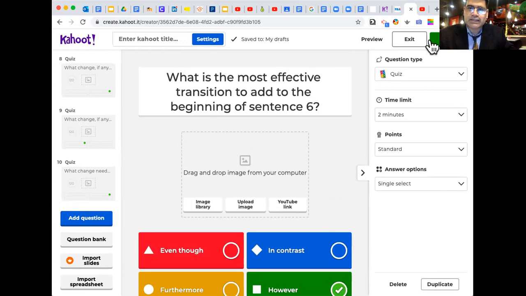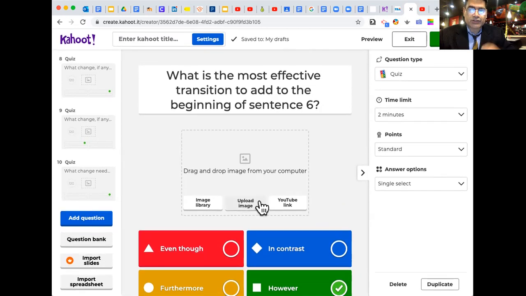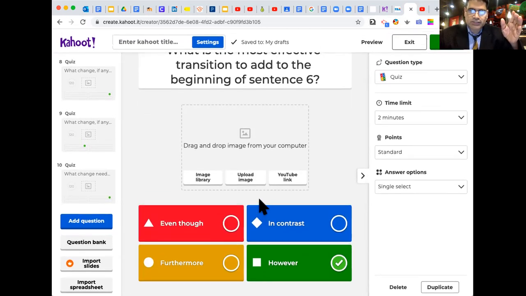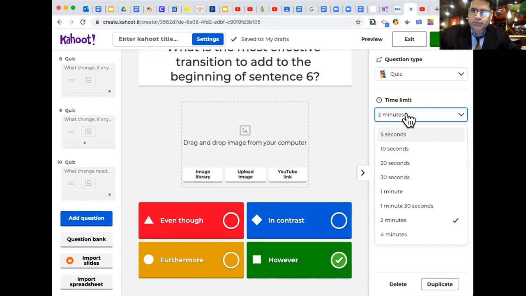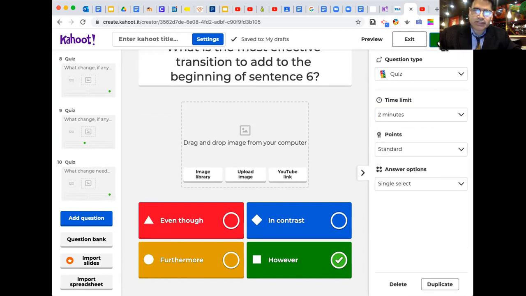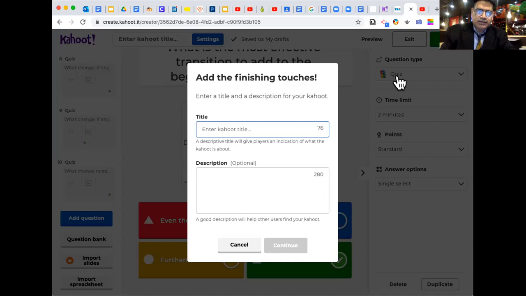In any case, let's see. So we are therefore done. You can put images in your questions if you want. We're not going to do that right now. We just want to go to, and there's your time limit. You can change it again. And yeah, it looks like 2 minutes is the max. Let's click done. Title, this is the